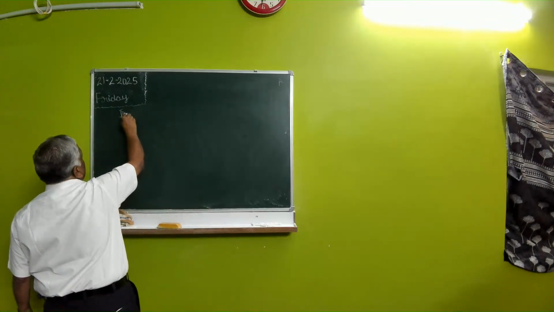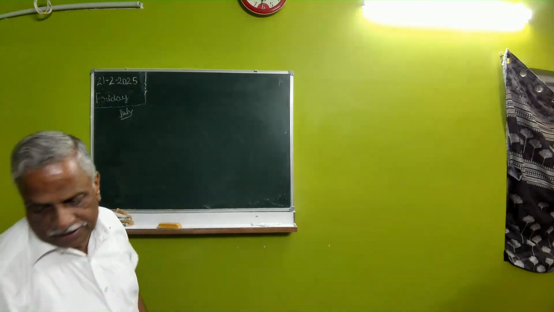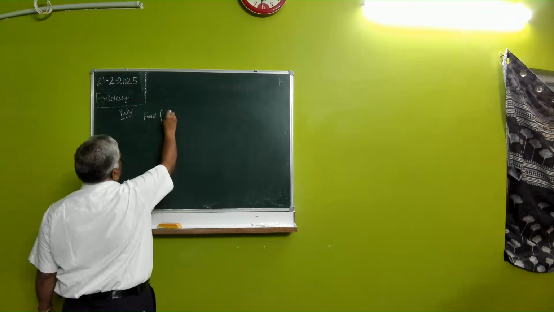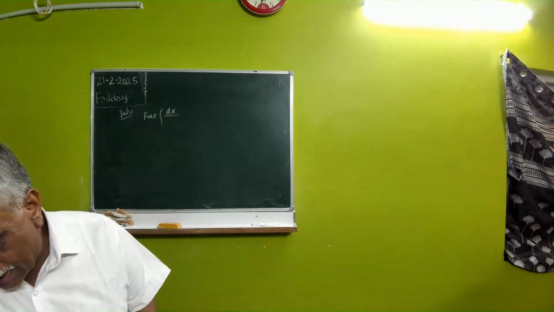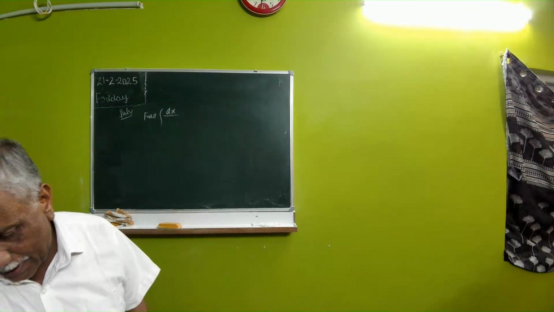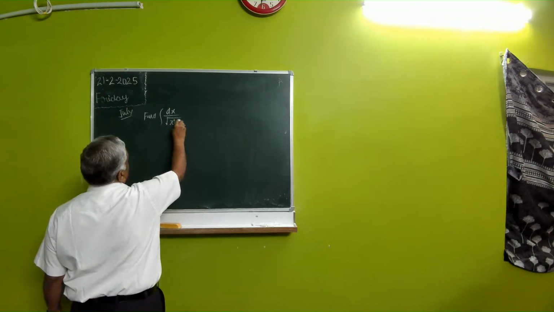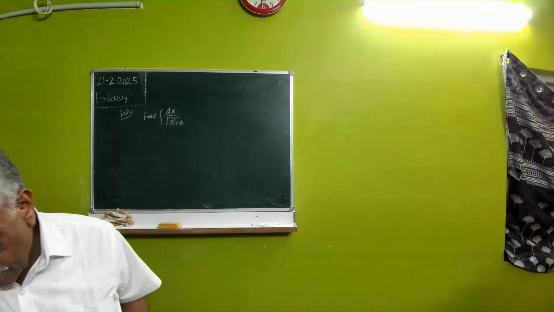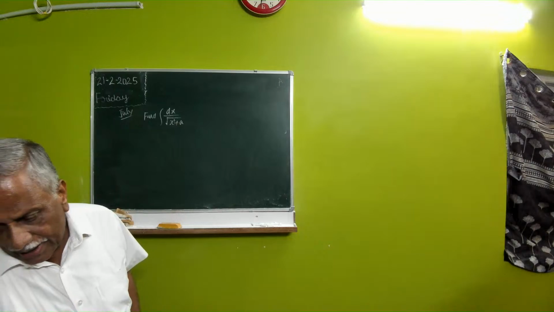Find the integral dx over x square root of x square plus a square, with respect to x, that is dx is there, and hence evaluate